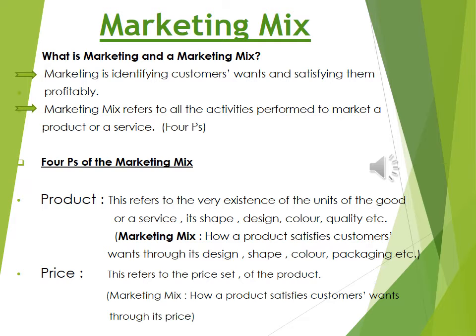First is advertisement. Where should we advertise the product so that it satisfies the needs and wants of the most customers? It reaches out to the most customers, in other words. We can advertise on TV. We can advertise a certain product in newspapers or magazines or other leaflets. We can even print leaflets or brochures and distribute them at different places. We can even place advertisements on websites with suitable links for information.